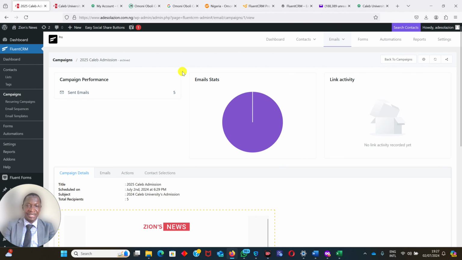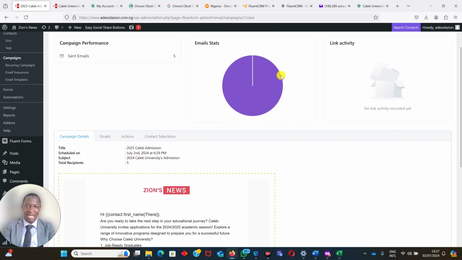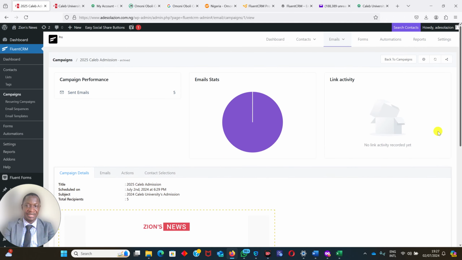All right, so you can see I've already sent the mails and it's showing, look at it, email sent 5, all emails sent. So that is how to create email campaigns.